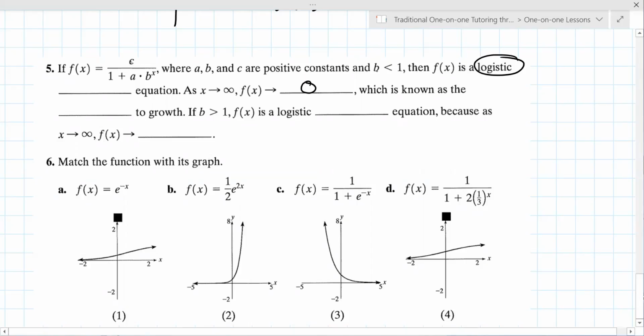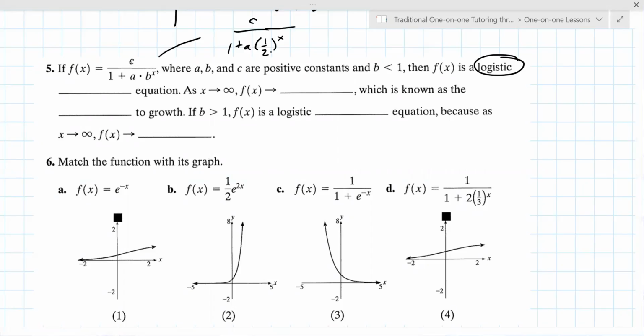Oh, and b less than 1. I'm sorry, I missed that. That's important. So I take back what I just said. If b is less than 1, you can think of this as c over 1 plus a times 1/2 to the x. So that's different. As x goes to infinity, 1/2 to infinity becomes 0. 1 plus 0 is 1. So this just goes to c,